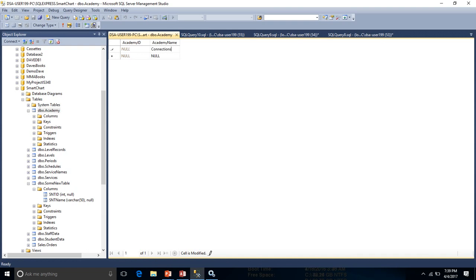So let's pretend we have a Connections Academy. There actually is one in Baltimore, a school called Connections Academy. Maybe there's a Comic Book Academy. And maybe there's a Bread Makers Academy. I don't know. Now, if we need to somehow recreate this table for some other purpose, maybe there's an Academy archive or something,